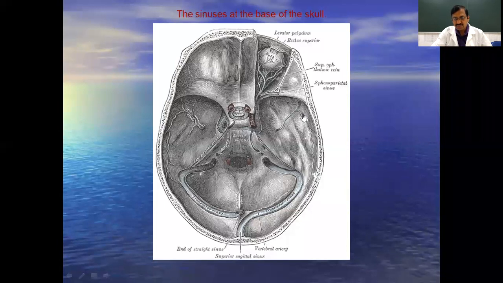Another one is the subdural hemorrhage. Usually there is no subdural space, because between the arachnoid mater and dura there is only a very thin film of fluid, and whenever there is damage here, it may produce subdural hemorrhage. Subarachnoid hemorrhage is also one of the most common clinical conditions. The difference between them is that a subdural hemorrhage, on most occasions, is due to venous damage.